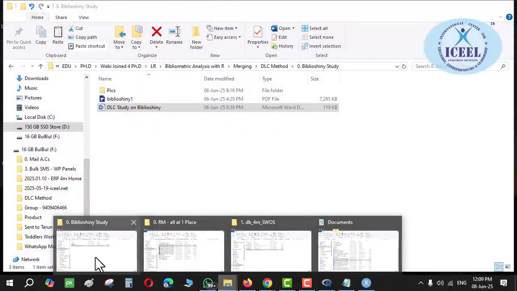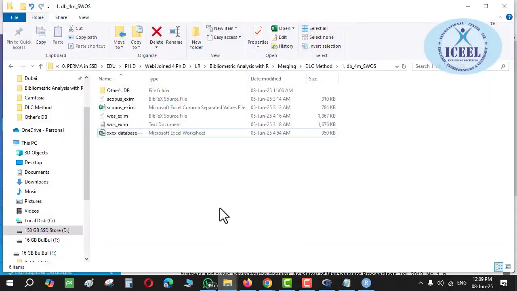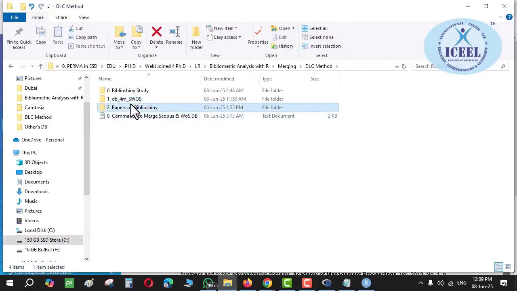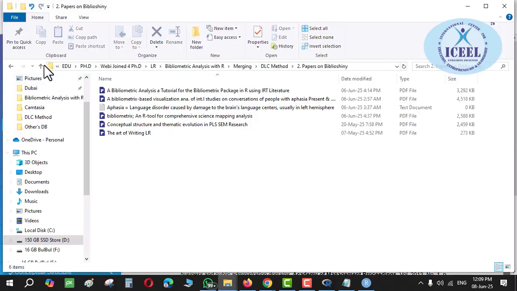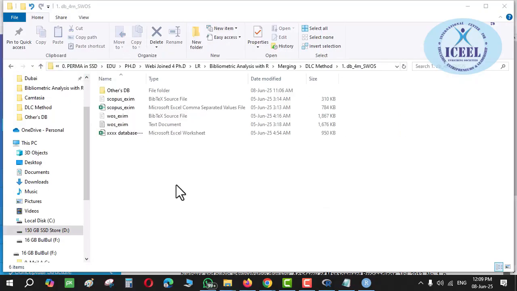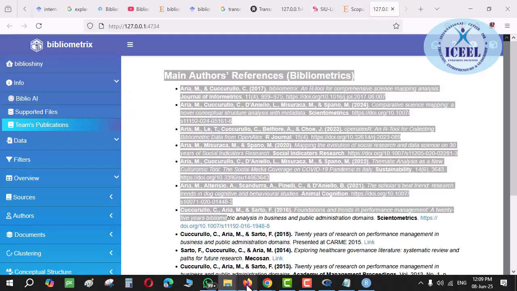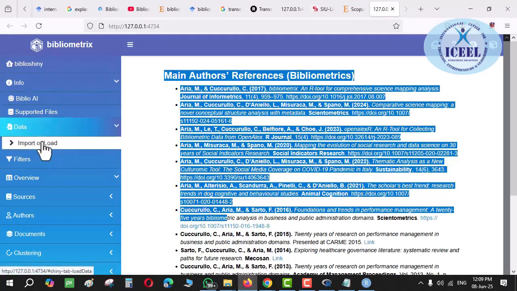But I'm going to get it downloaded perfectly. Last time also somebody asked me a question: sir, how is this data to be used? So here I have collected certain papers on Biblioshiny, you can see over here, right? Not just this, in my laptop there are more than 20-25 papers. Fantastic papers. I have just downloaded them. You can use them for understanding how these things are to be used.